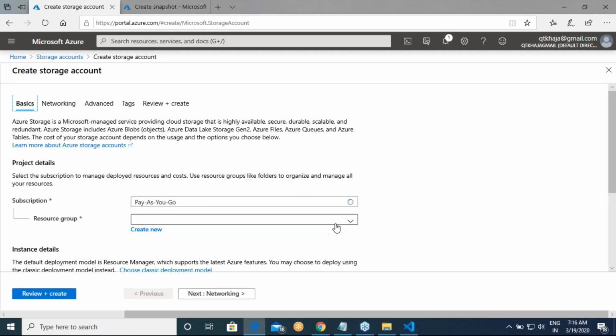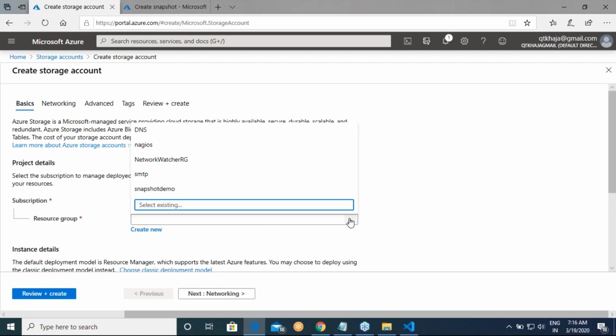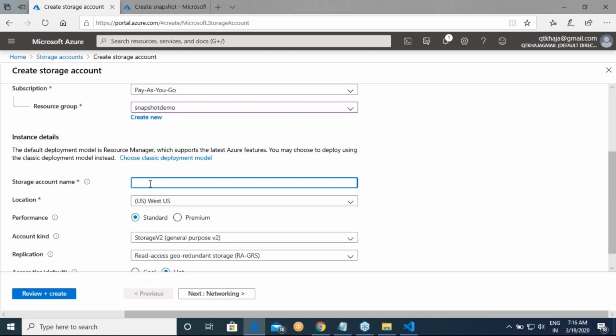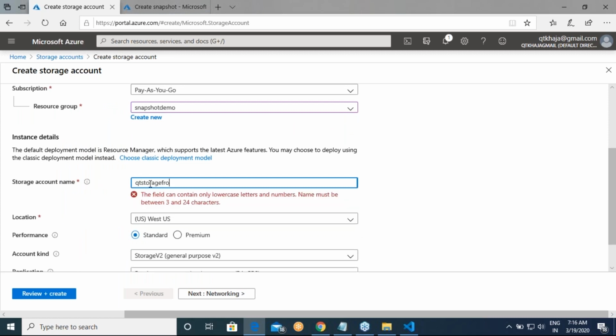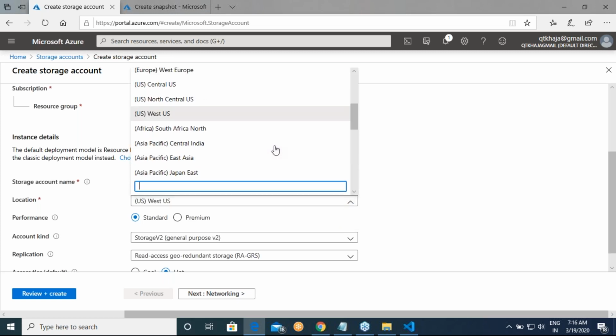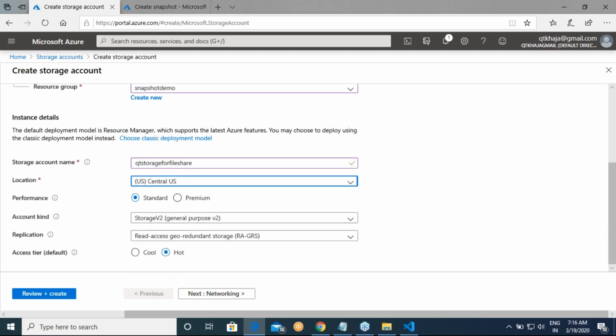I'll be using the existing snapshot demo storage account. The storage account's name is QT storage for file share. I'm giving that account name with Central US.